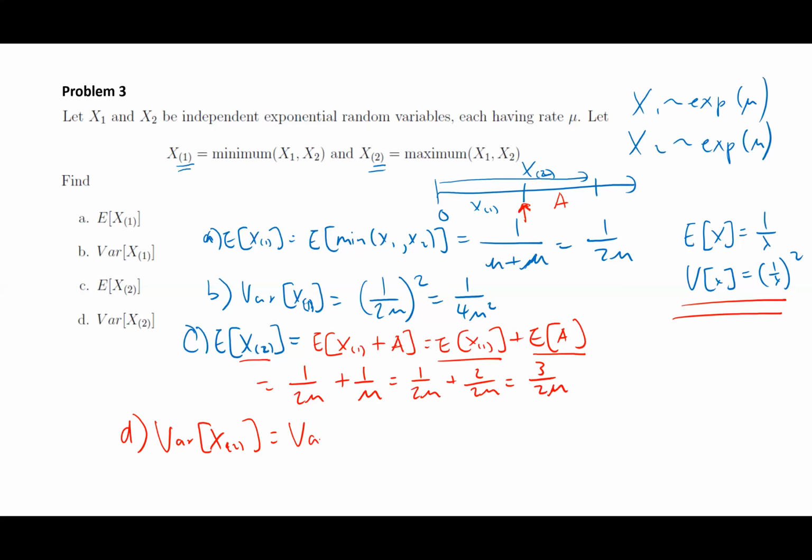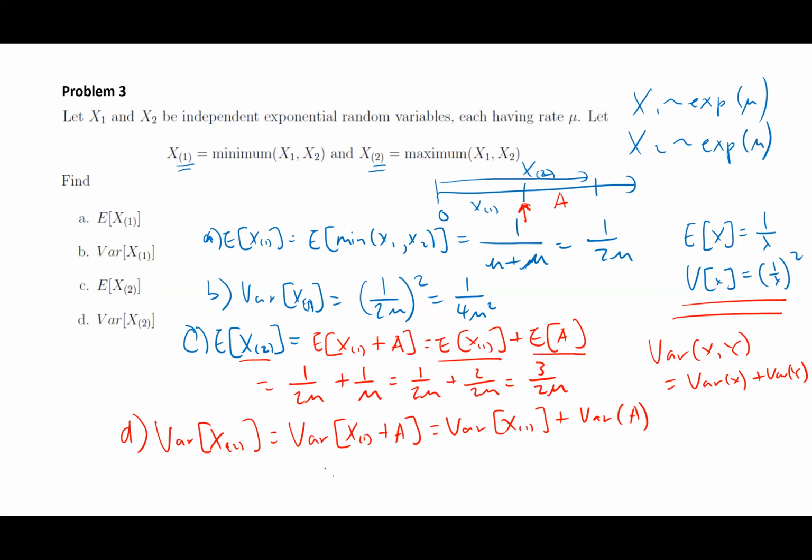So what we're really doing is the variance of X1 plus A. Okay. The common property of a variance is that if they're independent variables, the variance of X and Y is simply going to be the variance of X plus the variance of Y if they're independent, right? So the same thing over here. This is going to be the variance of X1 plus the variance of A, okay, which means this is going to be 1 over 4 mu squared plus